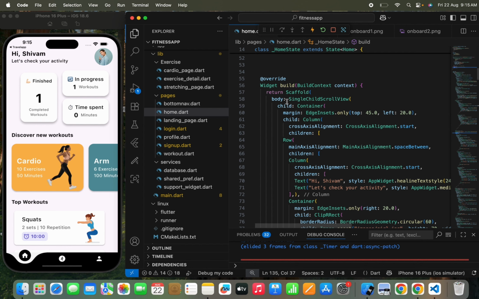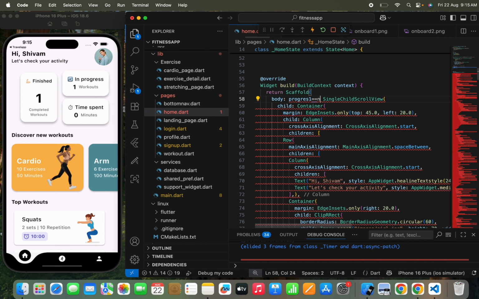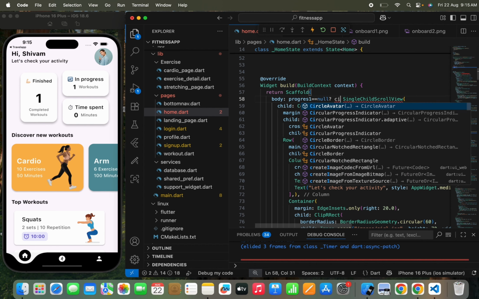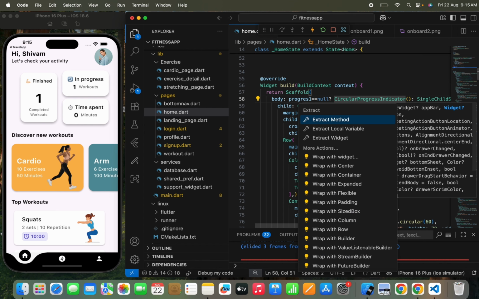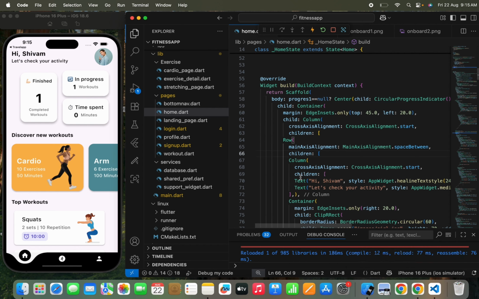Now to handle this case, I'm going to do just one thing. We'll pass a check: if the progress 1 value is equal to null, I mean that we haven't gotten the progress value from the server yet and it's null, then we are going to show a circular progress indicator and tell the user that it's loading. So once we get a workout completed value, here you can see that we have all the